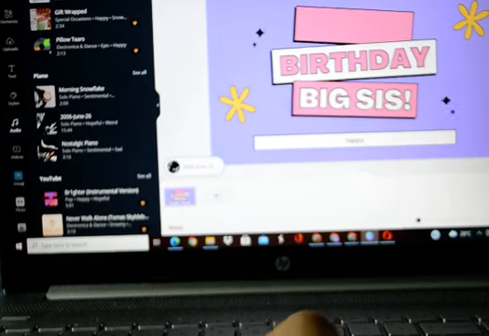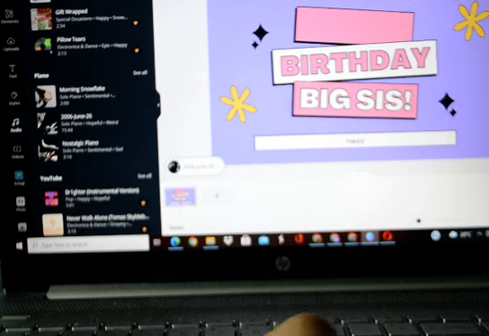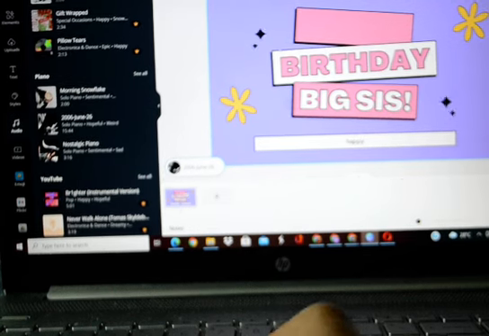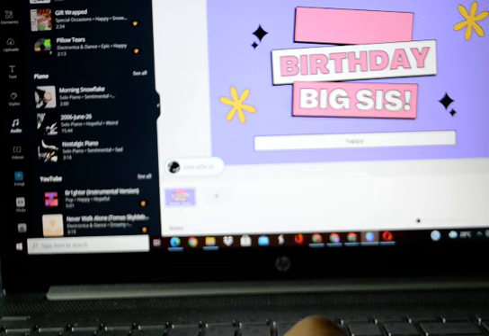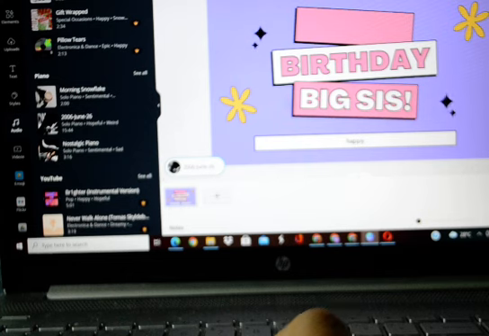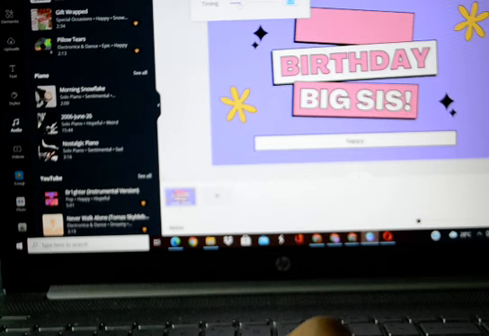And if you want to delete, here. And if you want the time to be longer, you can also put the seconds, but they